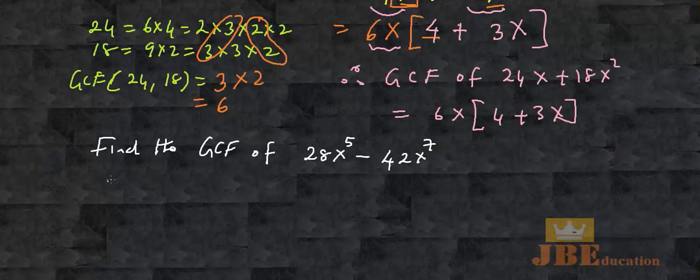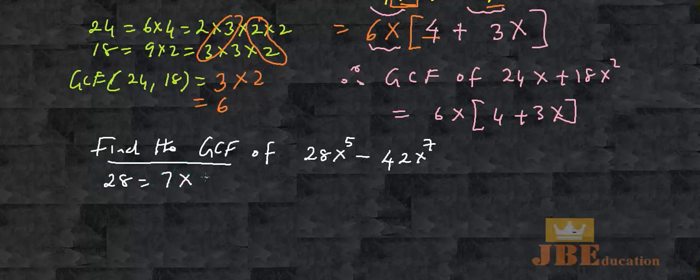Welcome back, students. So we have another question. Find the GCF of 28x raised to the power 5 negative 42x raised to the power 7. We have to use the GCF factoring for the polynomial. So foremost, write the prime factors for 28. So I start off by writing it as 7 times 4, which is 7 times 2 times 2,